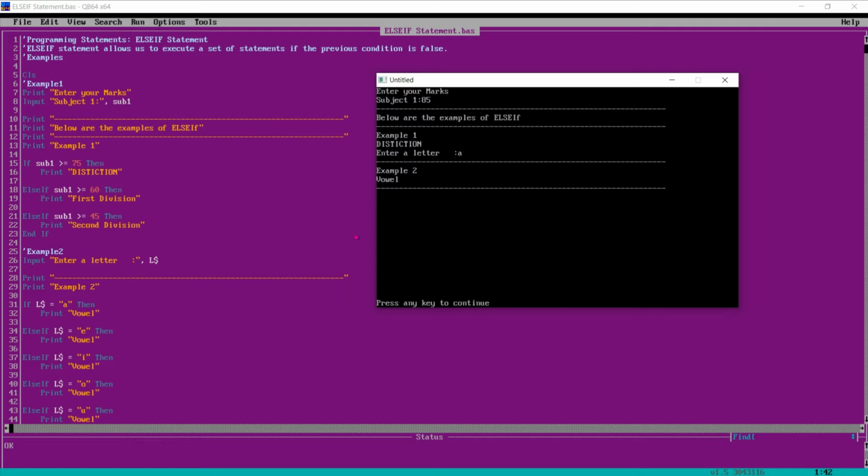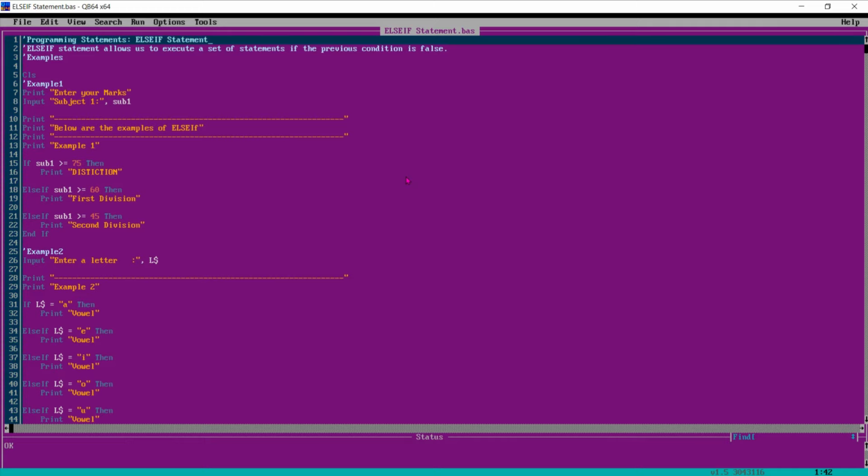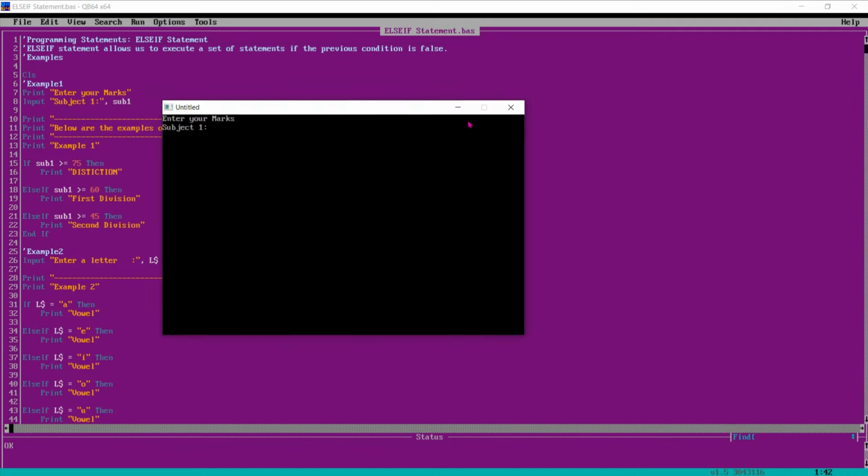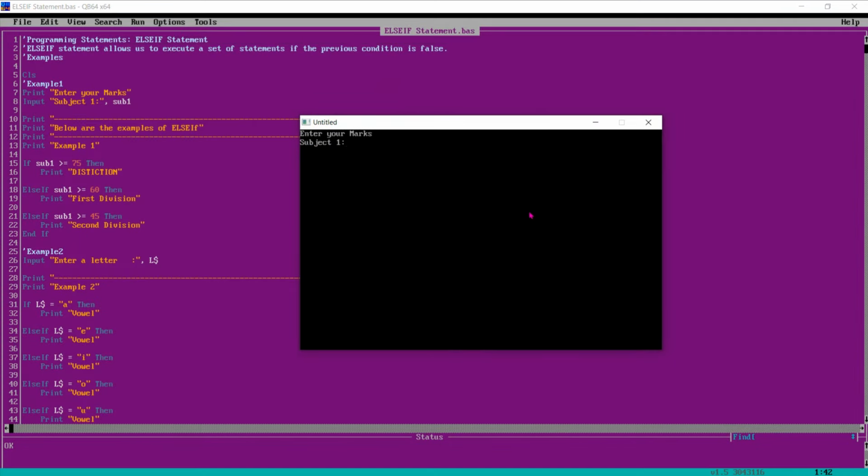Example 2 is printed, right? It's over. Now we will execute it one more time. This time we will enter subject marks, let's say 65. So it's first division, right?